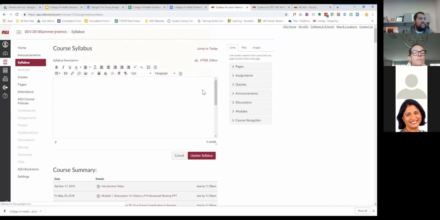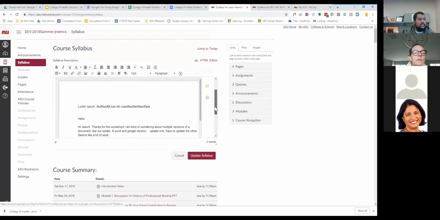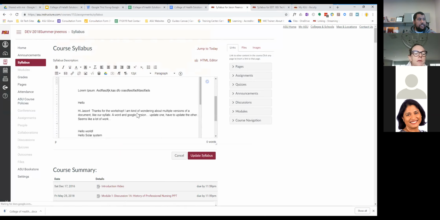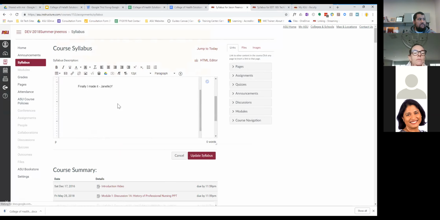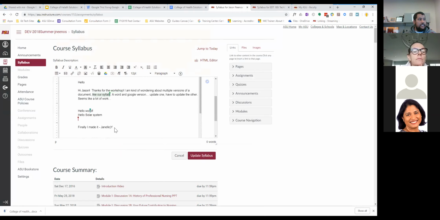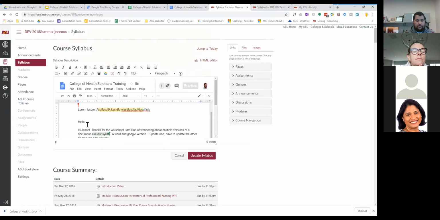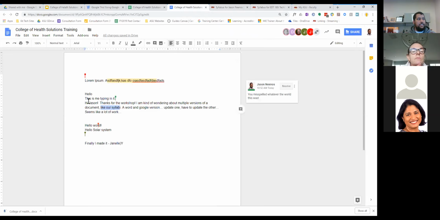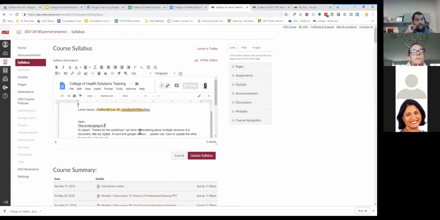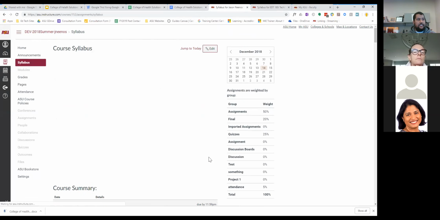It embeds a version of the document in here. So this is a document that you were using earlier. I can make changes from here directly to it. If I were to go back to the original version, you can see what I just typed in there appears also. So if I embed my syllabus and I realize, oh, I need to make a change, I can change it right in here and it changes in the Google Doc. So if I click update syllabus,